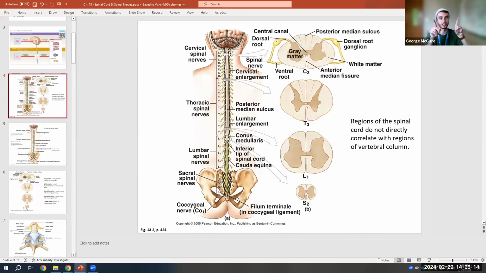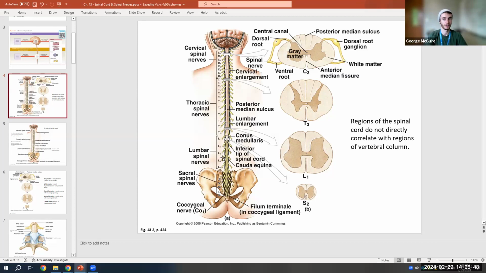So C1 is coming out of the spinal cord above the C1 vertebra, above the atlas. And that stands true for C1 through C7. Right? 1 is above 1, 2 is above 2, 3 is above 3, etc. But then C8 is actually above our T1 vertebra, our first thoracic vertebra. And so for the rest of these spinal nerves, they are leaving inferior to the related vertebra. So T1 is actually leaving the spinal cord below, or inferior to, the T1 vertebra,